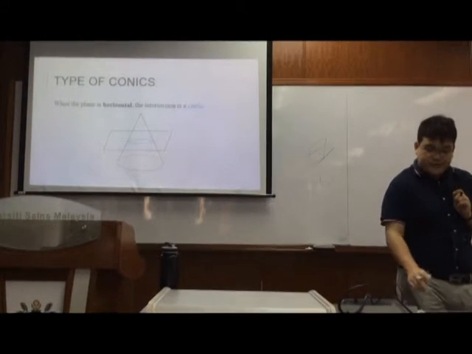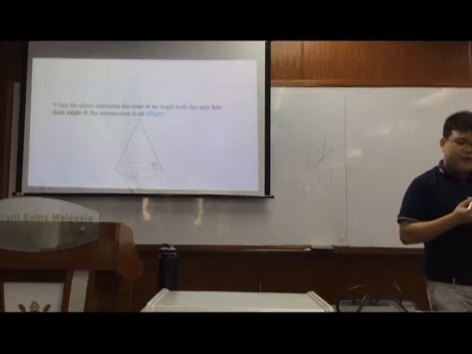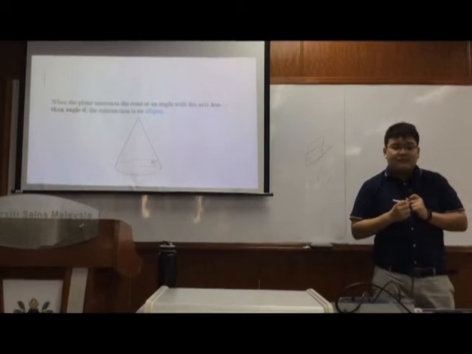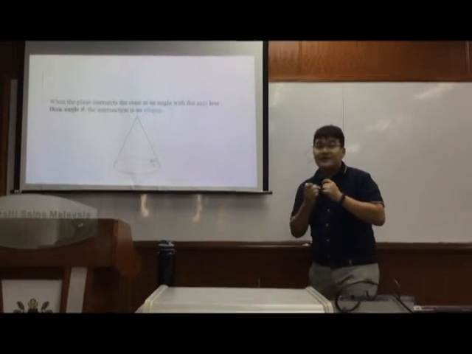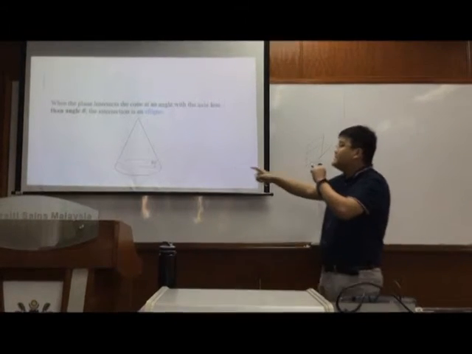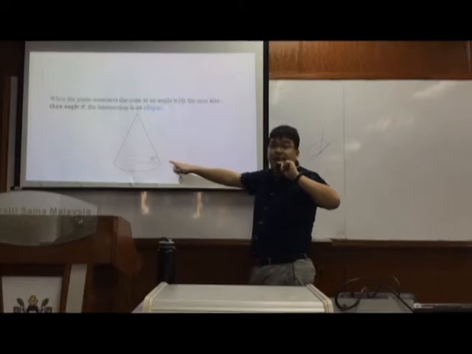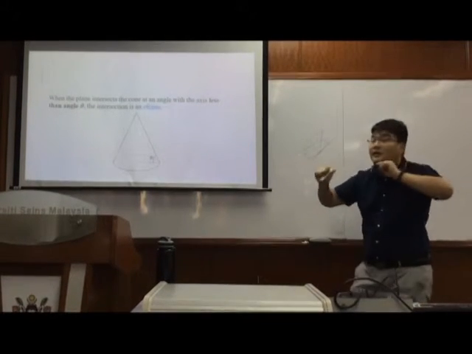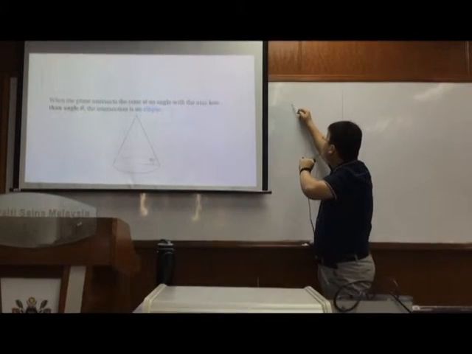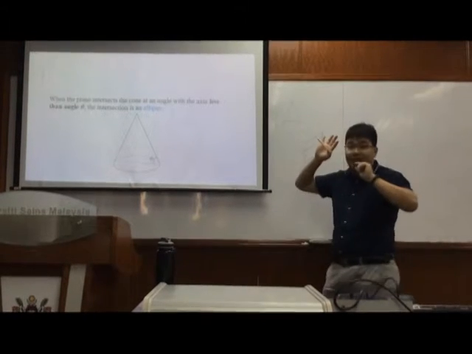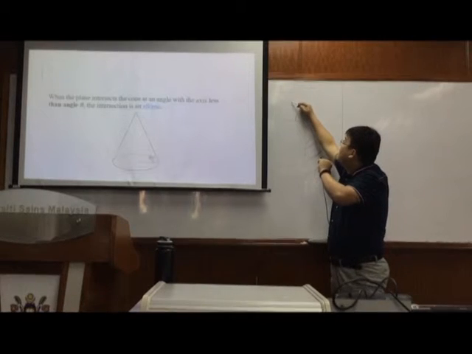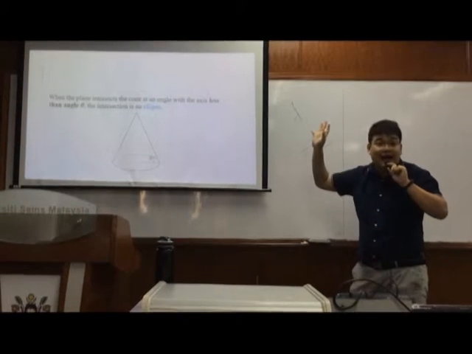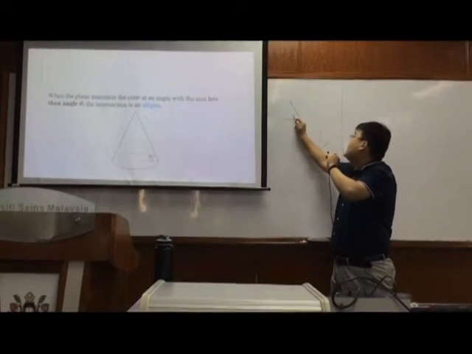Next one. When the plane intersects the cone at an angle with the base less than angle theta, the intersection is an ellipse. Let me explain what this angle theta means. When you side view this cone, you will obtain a triangle. Everyone knows this, right? This angle is represented by the angle between the slanted height and the base, and we name this angle